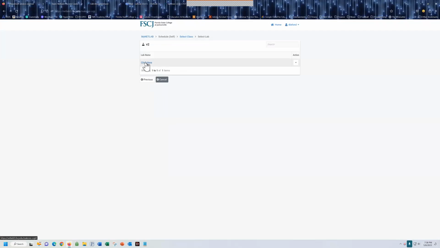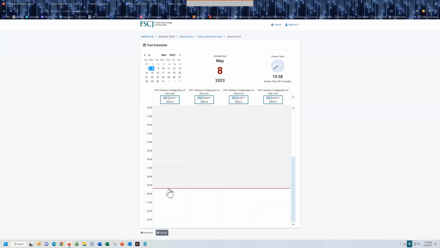And then you go into the lab, and then you will have access. Oh, I'm sorry. Then you have to pick a time. Now, if you want to do the lab right away, then click right under the red line. If you want to do it some other time, later in the day or even tomorrow, you want to schedule. Now, there's no reason to schedule labs in this class in advance, because you can see there's enough pods for all of you to do all your labs at the same time. That's not a problem at all, because